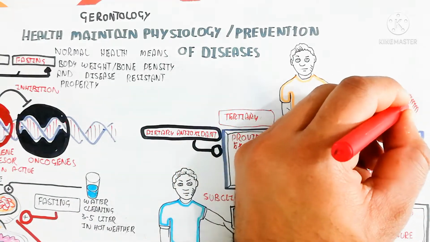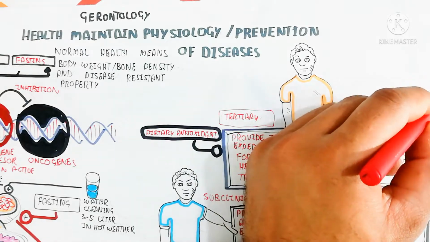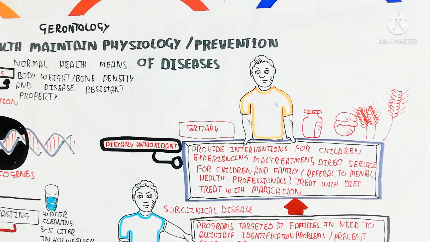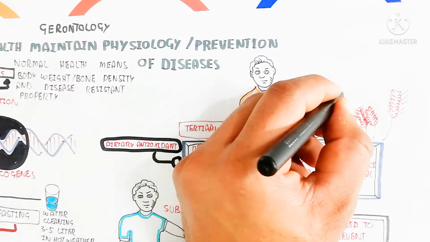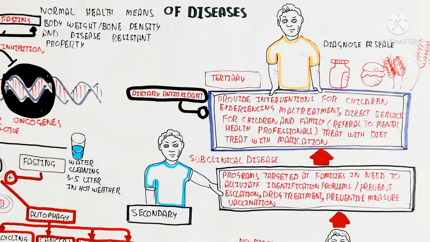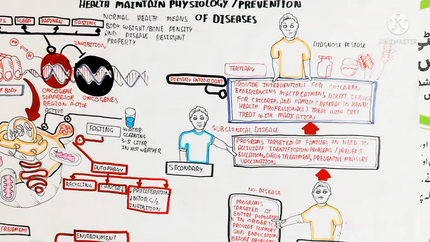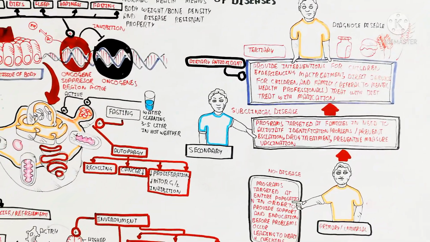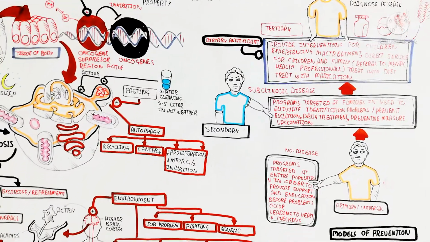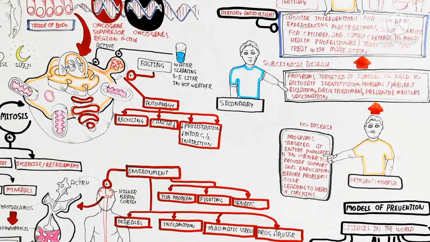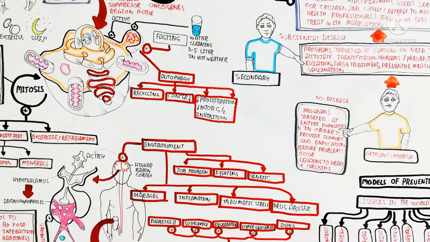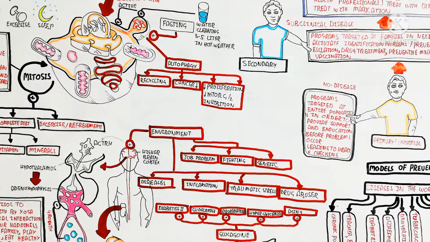If we know the disease, we can get education for the prevention of future disease. On the other hand, the aging process will lead to disease. An important thing you should understand is health maintaining physiology through many types of prevention: medication, diet, exercise, and many ways of decreasing stress. So stress is the major root